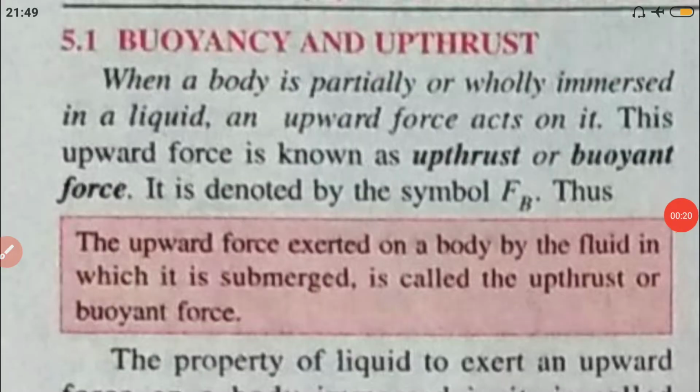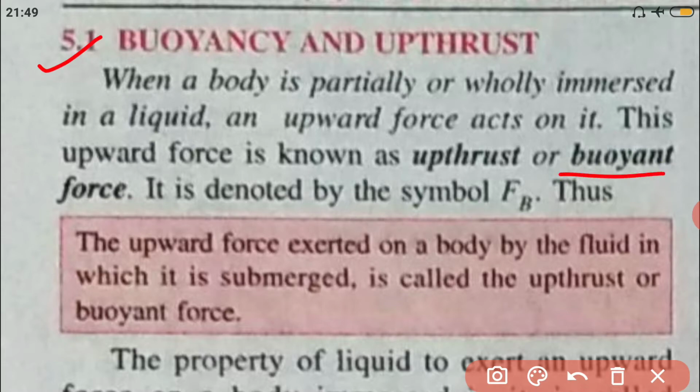So coming to the first section of the chapter, which is upthrust. The other name for upthrust is buoyant force. And we have to understand what buoyancy is. When an object or a body is partially or wholly immersed in a liquid, an upward force acts on it. This upward force is known as upthrust or buoyant force. It is denoted by the symbol FB. Thus, the upward force exerted on a body by the fluid in which it is submerged is called upthrust